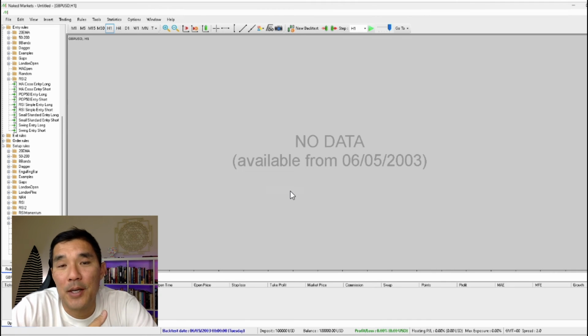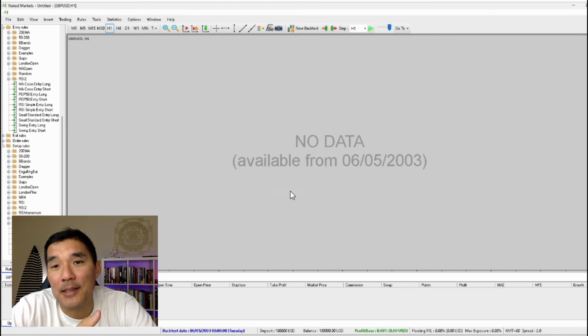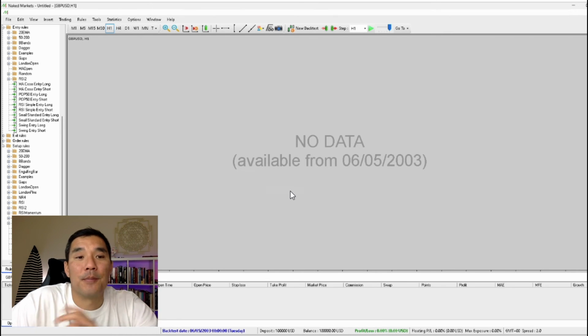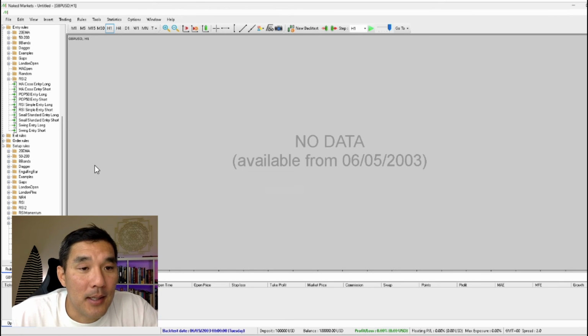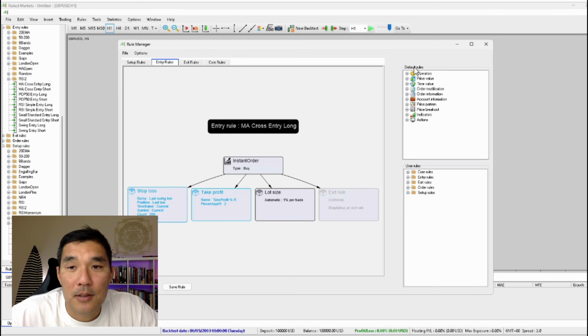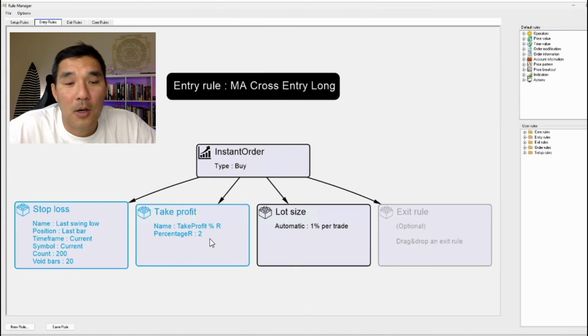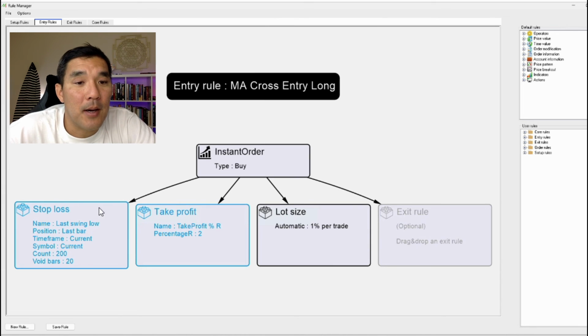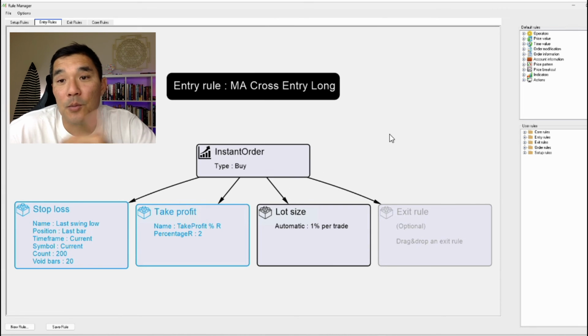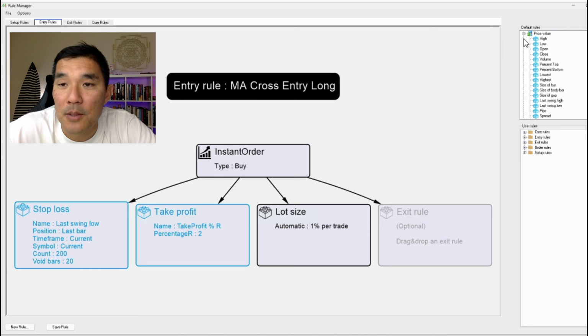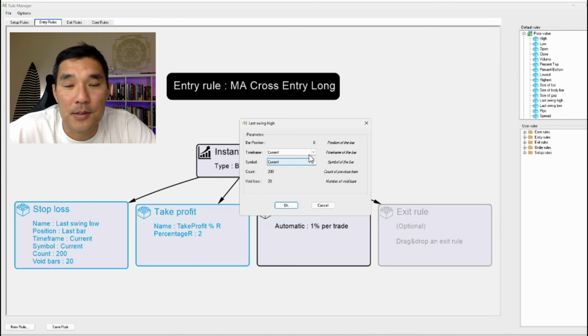So don't be afraid to try out different ideas, even if they seem crazy, because even if that idea doesn't work out, it may lead you to another idea that does work out. So let's go back in and check the entry rule here. And instead of the 2R profit target, now let's target the opposite swing. So for a buy, I'm going to target the next swing high. So I can simply go into price value, last swing high, and I'm just going to use the default settings